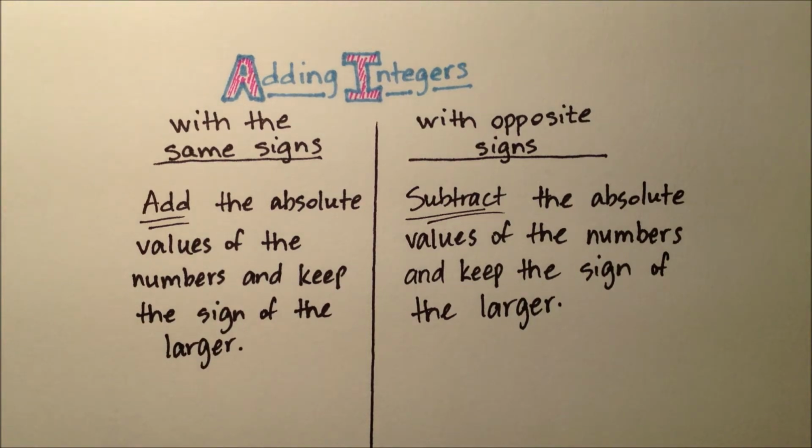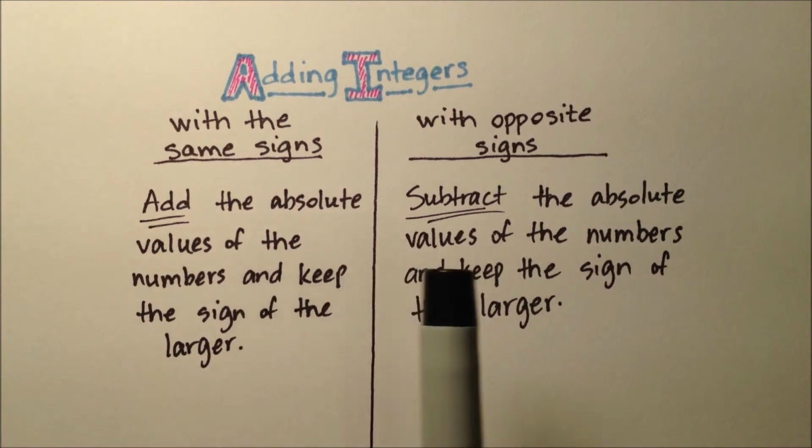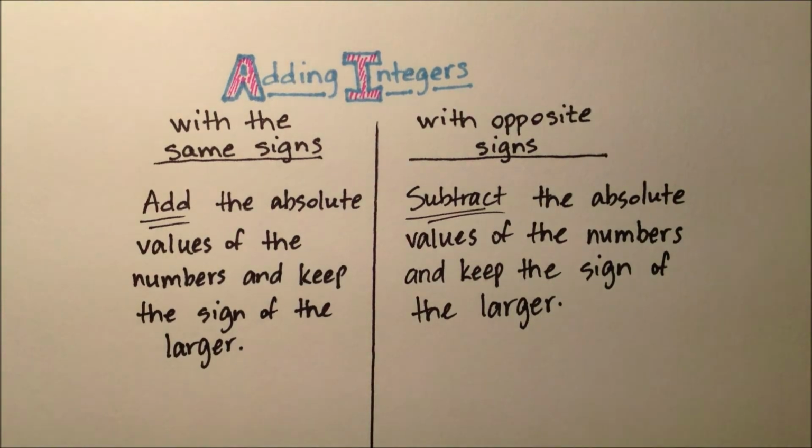Either the two addends have the same sign, or the two addends have opposite signs. They could both be negative or both be positive. That would fall under the left side with the same sign. Or one could be positive and one could be negative. That would fall under the right side. They have opposite signs. So if you can follow one simple rule, you will never have problems doing this kind